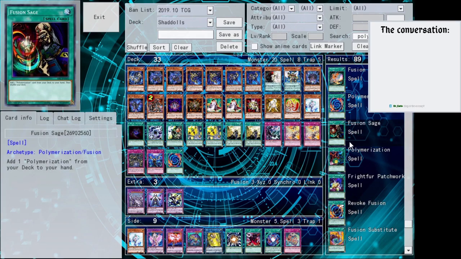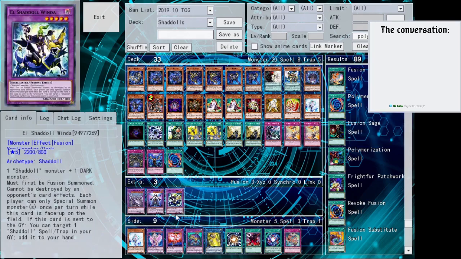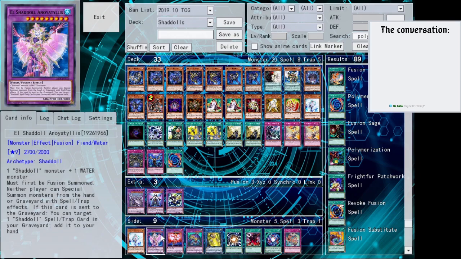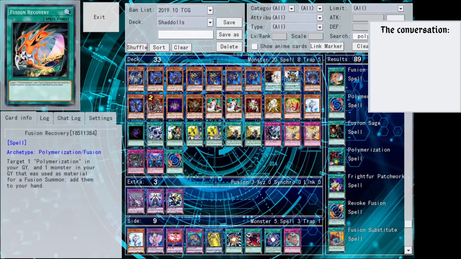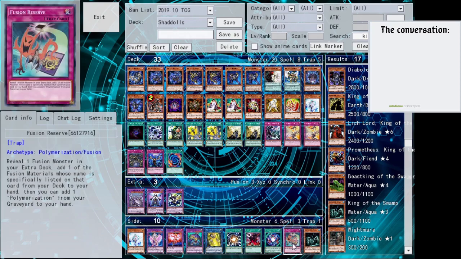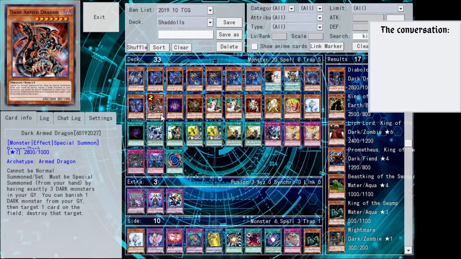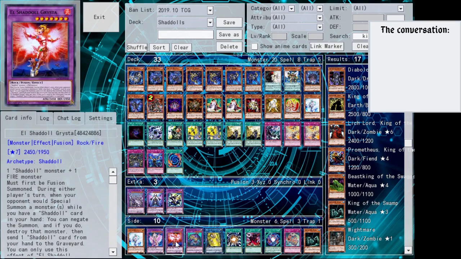King of the Swamp has to specifically be another card, and if they give us King of the Swamp, then they're going to give us Anoyatilis. So yeah, King of the Swamp would be interesting. It's just that if they give us this, they have to give us Anoyatilis so that there's more of a point for him, which I'm really hoping they don't do. I'm really hoping they stick with Light, Dark, Earth, because those are the better ones,